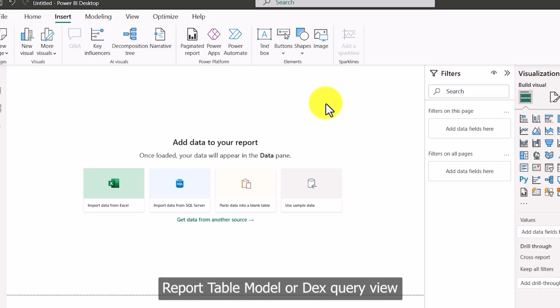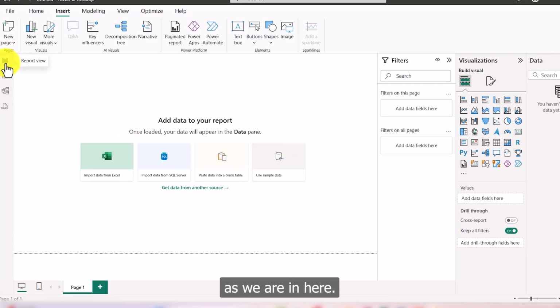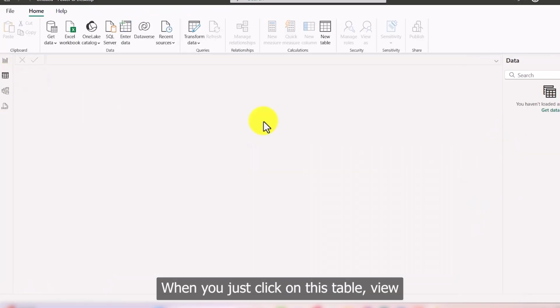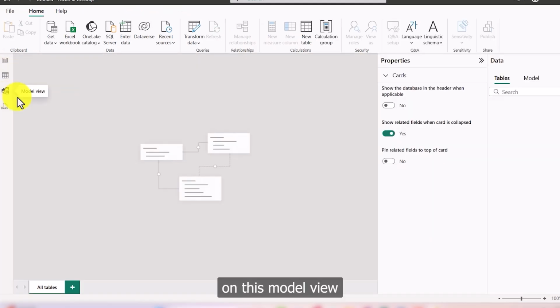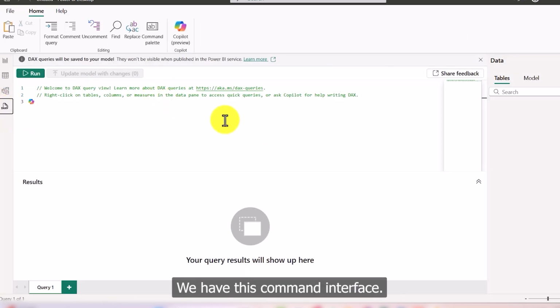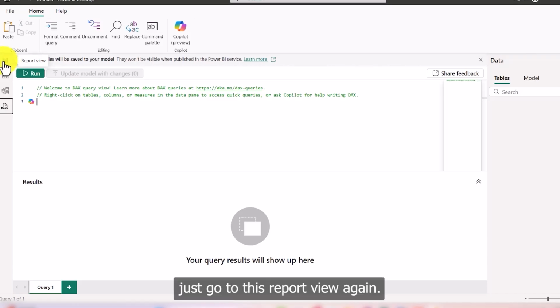Try clicking each view: report, table, model, or DAX query view, just to see how they differ. For example, we are in report view right now. When you click on table view, it has a different interface. When you click on model view, we have a different interface showing relationships, and in DAX query view we have this command interface. And when you go to report view again,